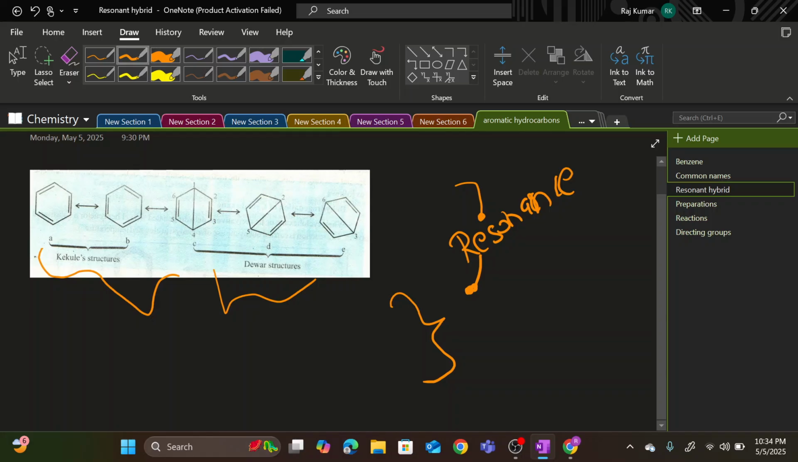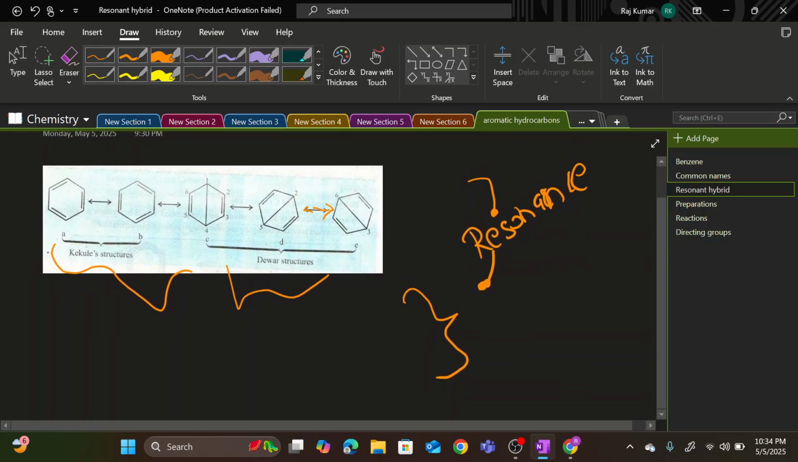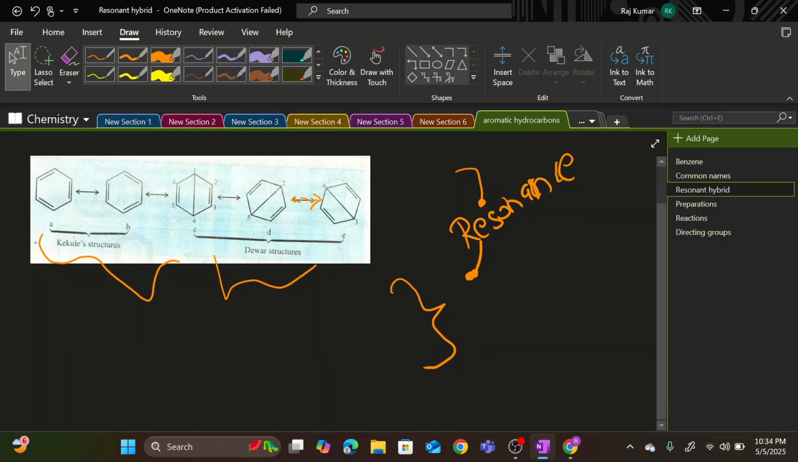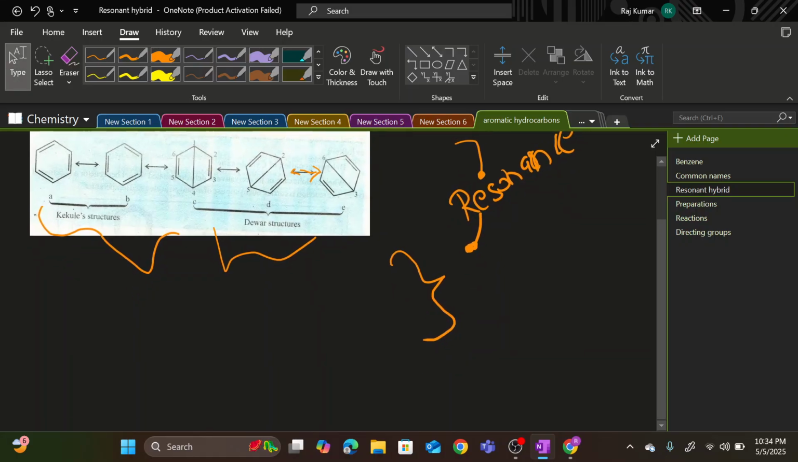So when resonance happens, these structures vary with each other, such that there is a double headed arrow. This double headed arrow indicates that these structures are in equilibrium with each other. They are basically varying with each other so fast that we cannot even see them. So essentially, all of these five structures are